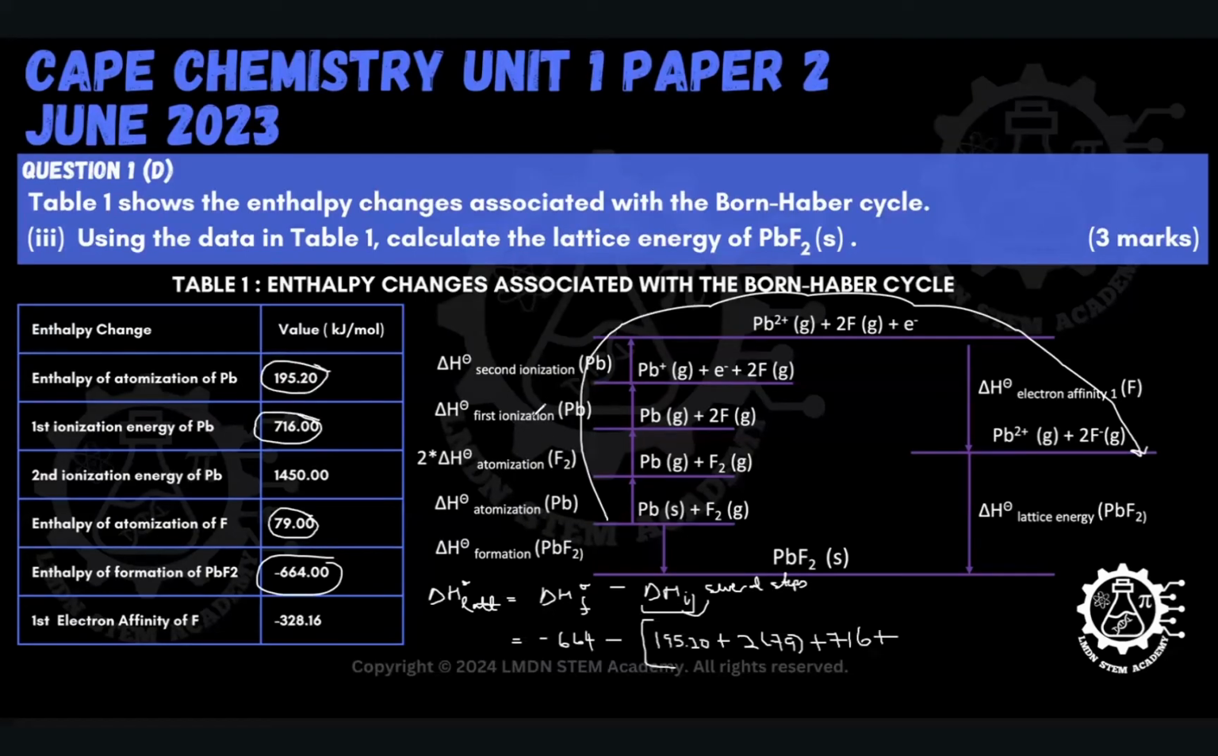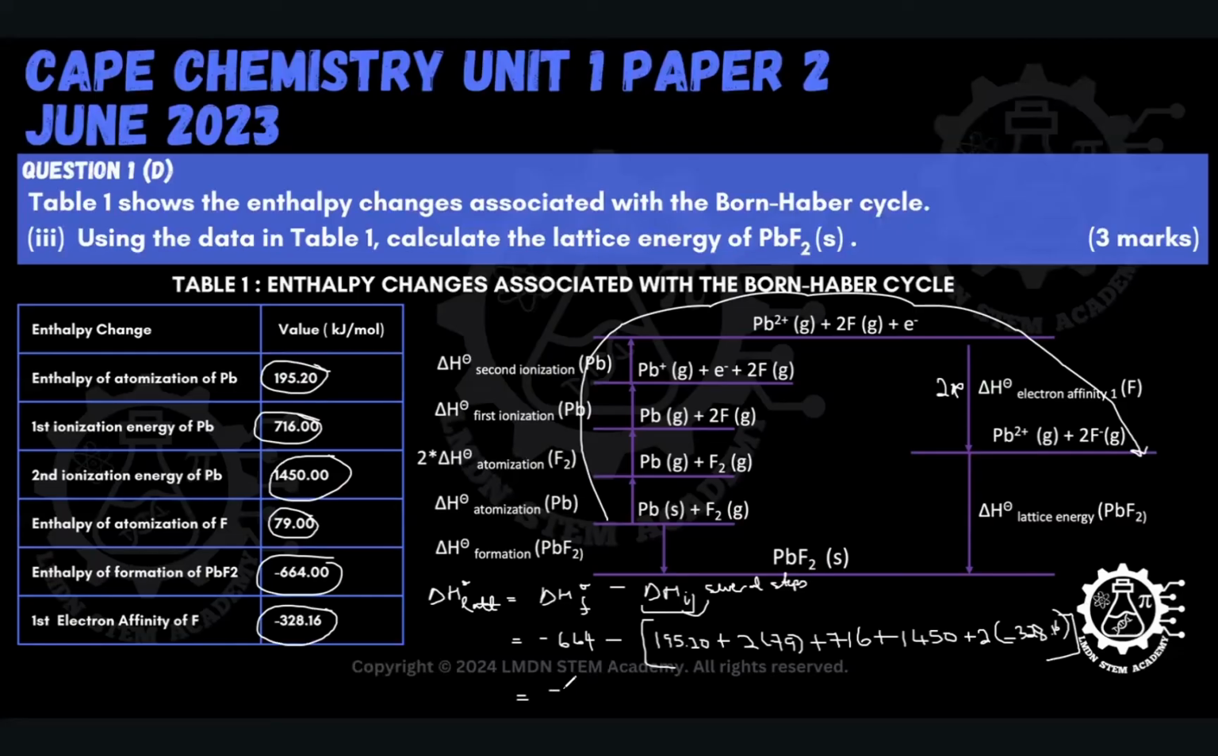And then we're going to add the enthalpy of the second ionization of Pb, which is 1450. So we're going to just add that here. And then after the second ionization, we're going to come over here. Now we're going to add 2 times the electron affinity of fluorine, which is minus 328.16. Okay? So when we put all of this together, what we're going to come out with is a lattice